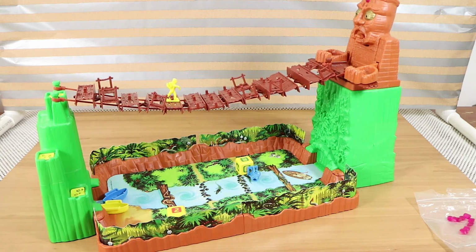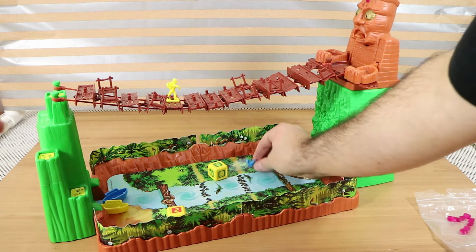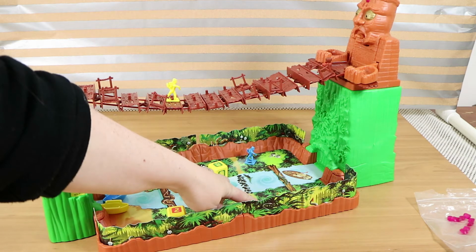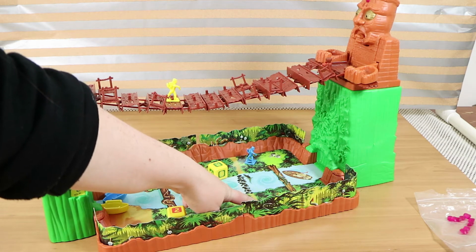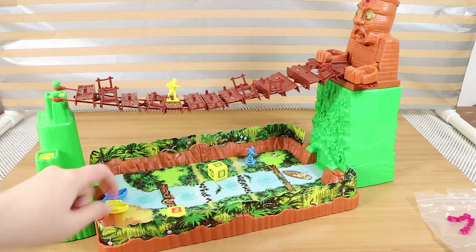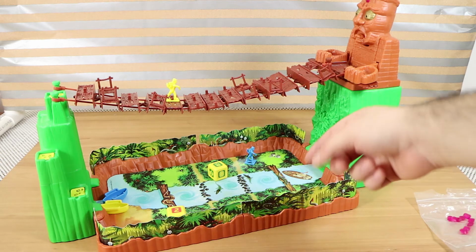Whoa! Oh, now I have fallen into the water, so I have to go to the closest land space, I believe. Yep. This one. Now, my gem, hopefully you can see, is down here. So now I need to try and get across here to pick it back up as quickly as I can. But you also have to get to your canoe, then get to my canoe. And then back to the...